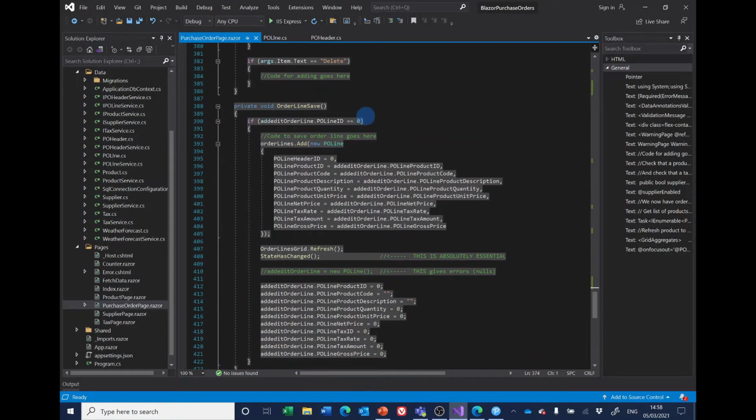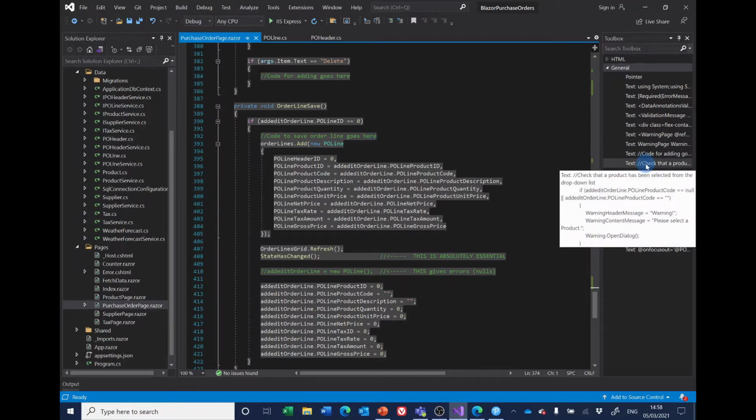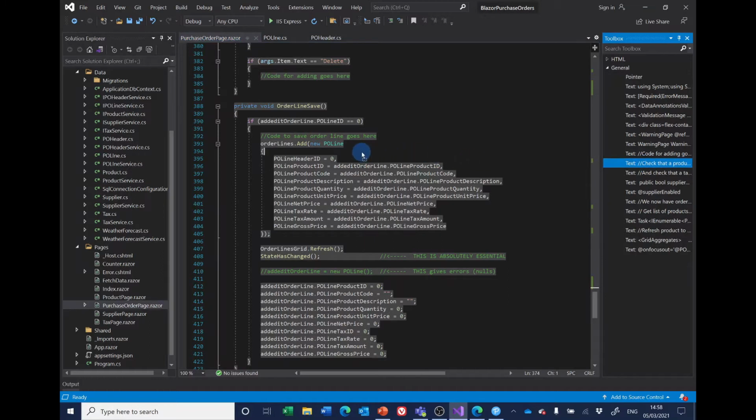So order line save. So what we're going to do here is add in the code to check that a product has been selected and a tax code has been selected. So if I put that in here,